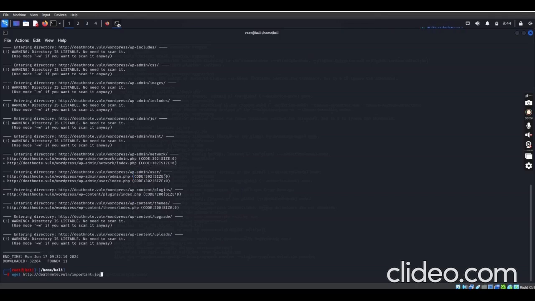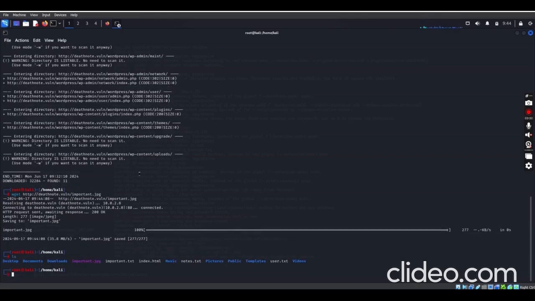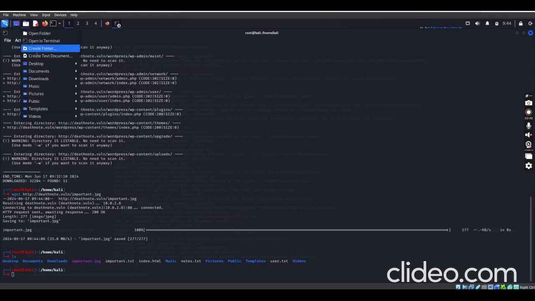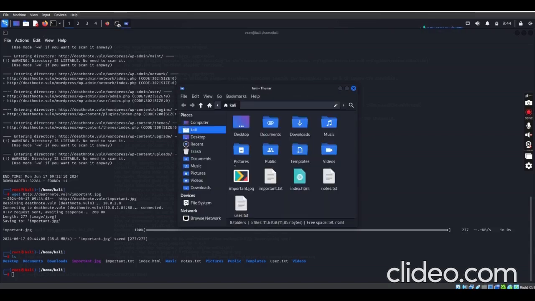So from here I've downloaded it now. Let me list this out, and from here we have the picture. I'm going to navigate into this particular folder where I downloaded it and try to open it the normal way we open a picture. If I click on it, I should be able to see the picture now.